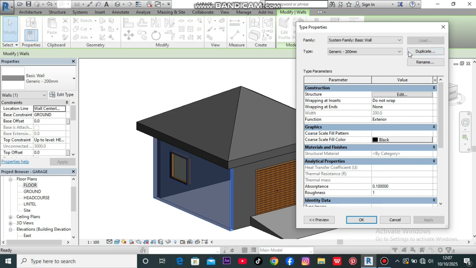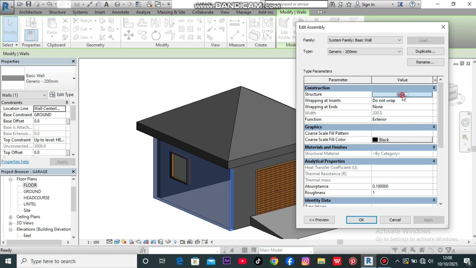But what if I say duplicate? When I duplicate and move to the next step, it's only going to apply that particular material to this selected wall. Yeah, that's it. And when I say duplicate to another wall, it's going to be another wall. But if I didn't hit duplicate and I move forward, when I come back it's going to apply to the entire wall in this scene. So if we want all the walls to be uniformly the same color, then without hitting duplicate,